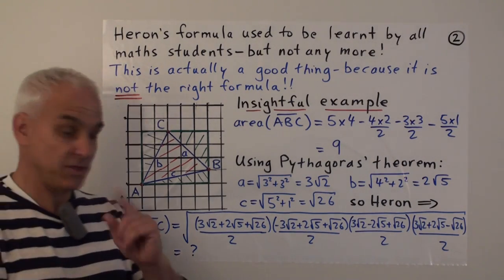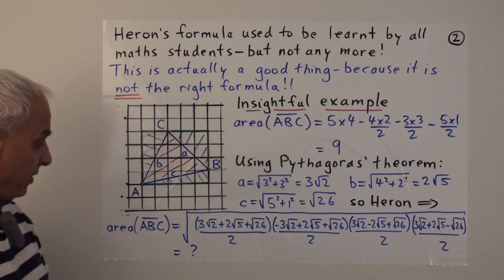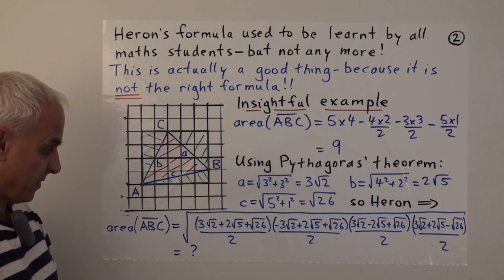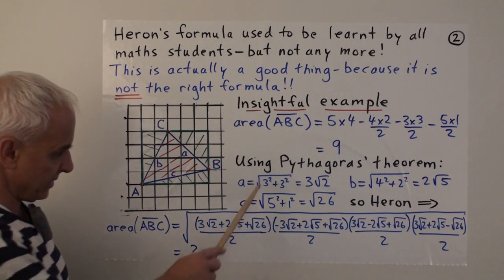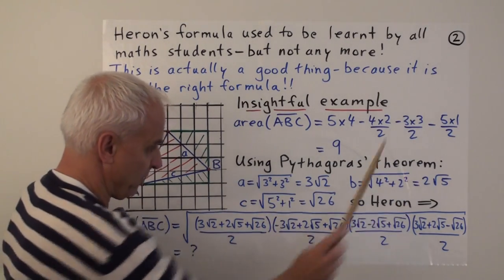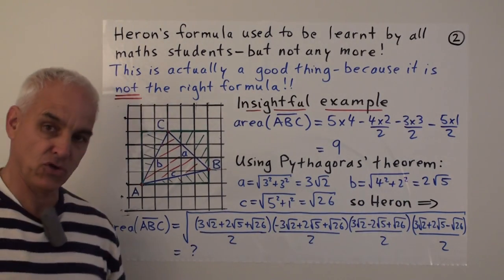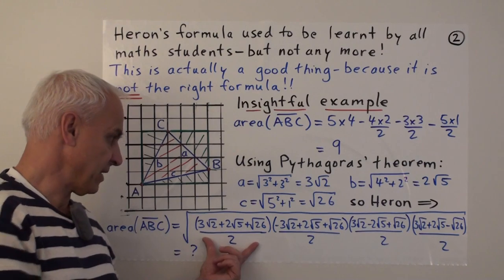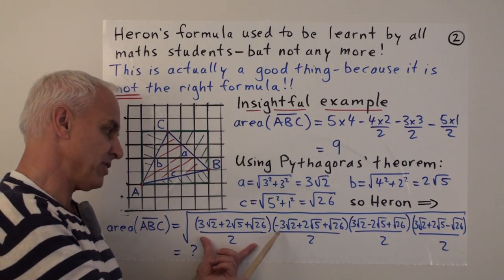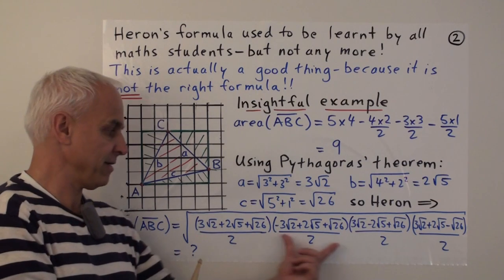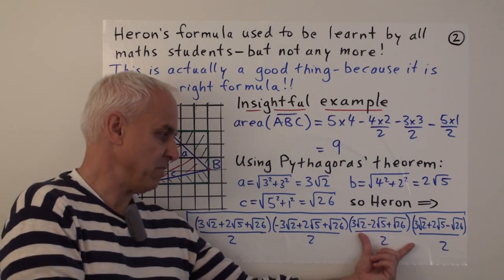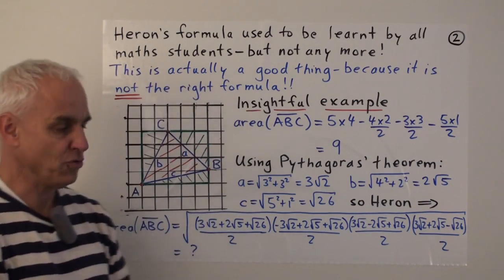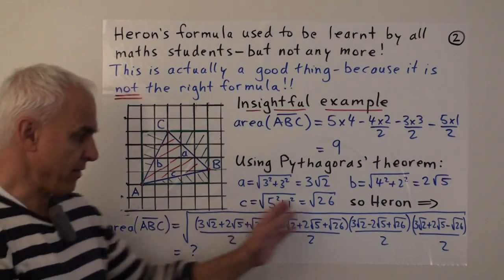So Heron's formula in this case would say that the area of the triangle is, first of all, a big square root, and inside the square root there is this quantity S. So S is 3 root 2 plus 2 root 5 plus root 26, all divided by 2. And then the next one would be S minus A. Well, if this is S and we subtract A, then it really amounts to changing the plus sign here to a minus sign. And here's S minus B, the minus sign now there. And here's S minus C with a minus sign in front of the root 26. And so that's what we have to calculate.